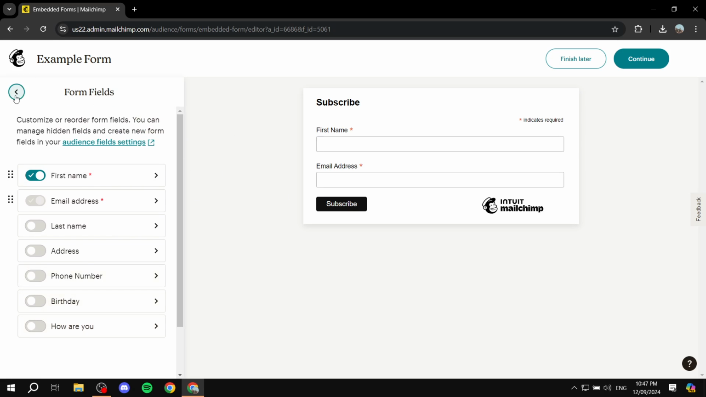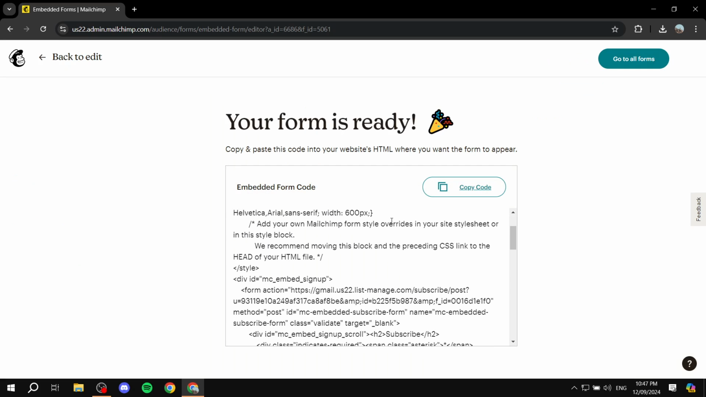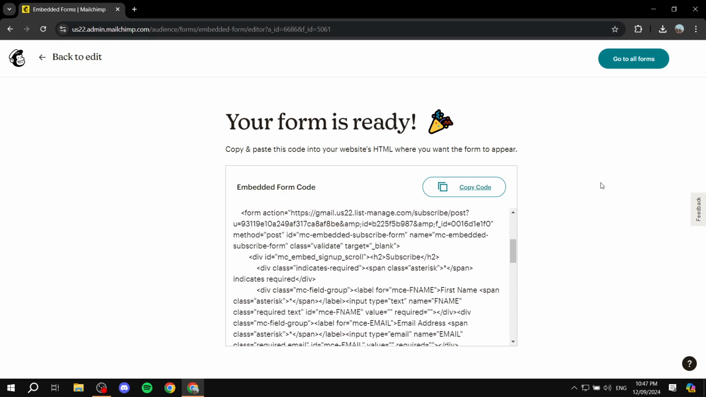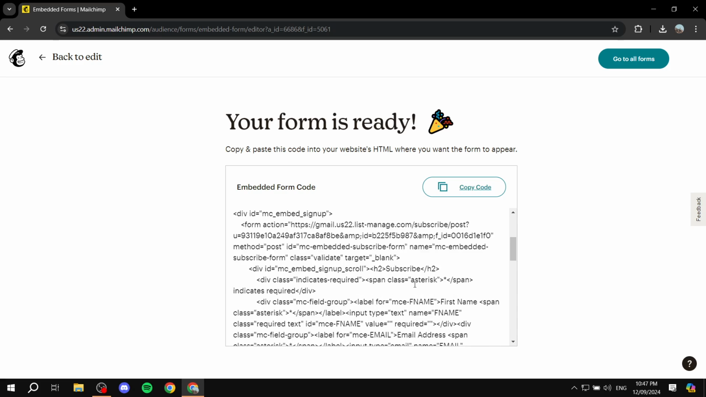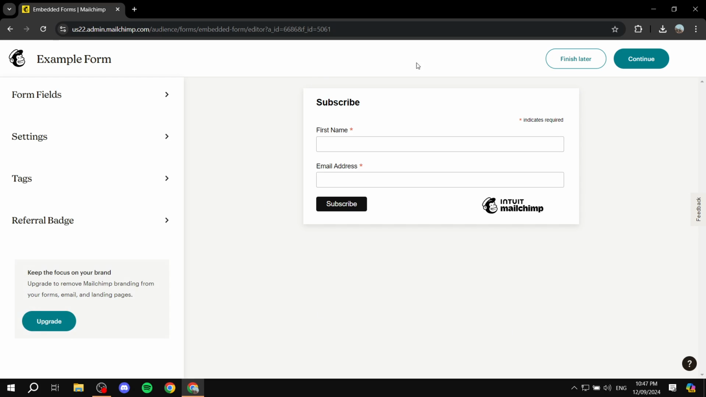And once you're happy with the form that we have just created, you can also do more stuff here. But you can always just click on continue, and then from here you will have the embed code, so you can feel free to copy the code and embed it to whichever site that you need. And with this, we have created a sign up form for our